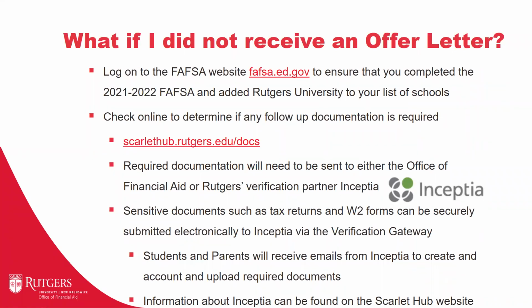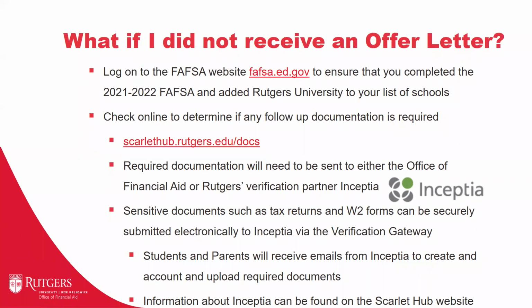If we are requiring any document, it will have to be sent to either our office or through our verification partner, which is Inceptia. Rutgers partnered with an outside verification company called Inceptia.